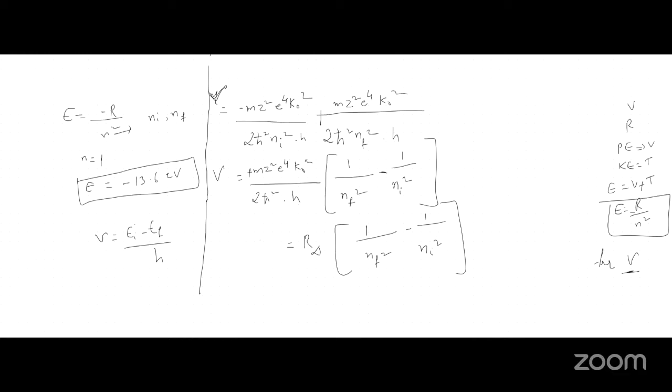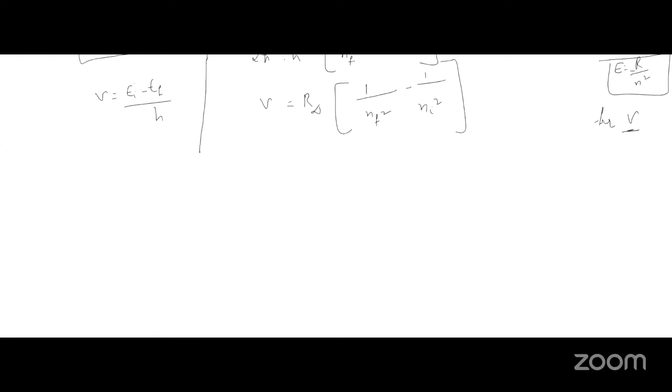Now, based on frequency calculation, continuation, I am considering a constant k equals frequency by velocity, which equals 1 by lambda equals R infinity times z square times 1 by nf square minus 1 by ni square,